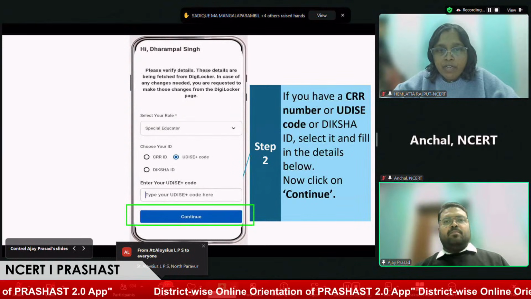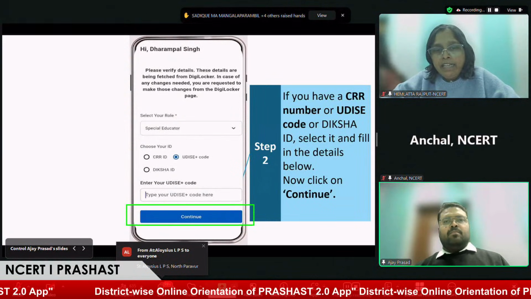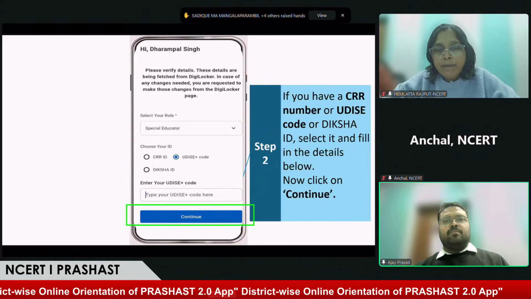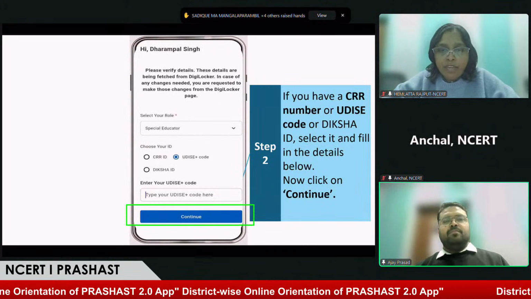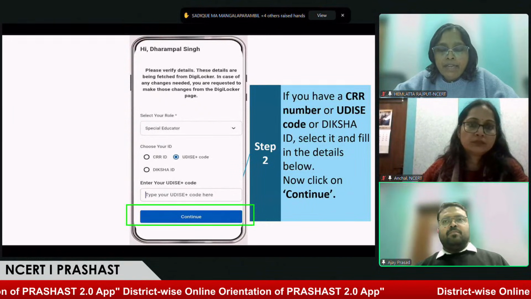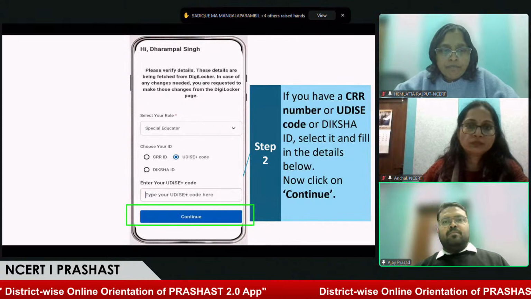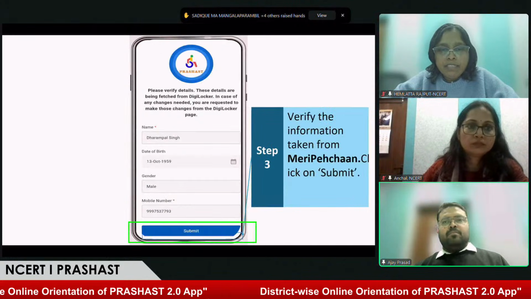Now here the special educator has to enter a CRR ID, UDISE ID or Rickshaw ID. Any one number has to be mentioned here. I request that you use your UDISE number and continue. You can also enter your CRR ID, that can also work here. Then you submit and continue.